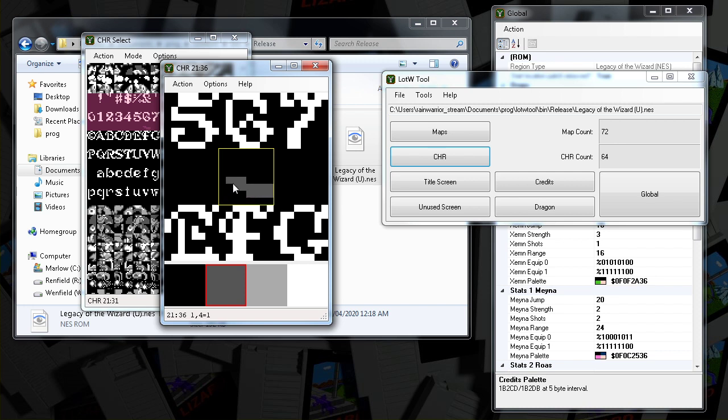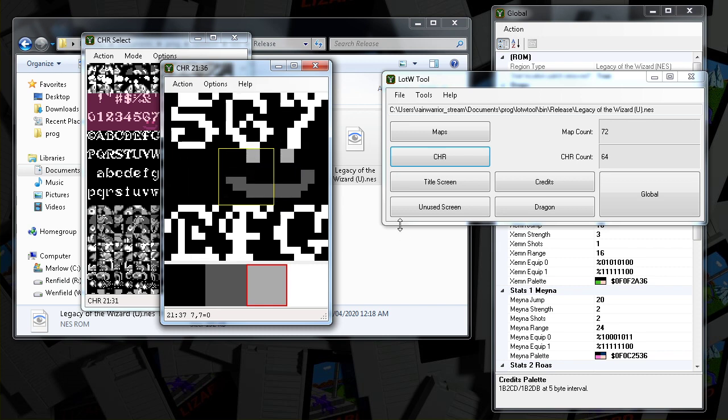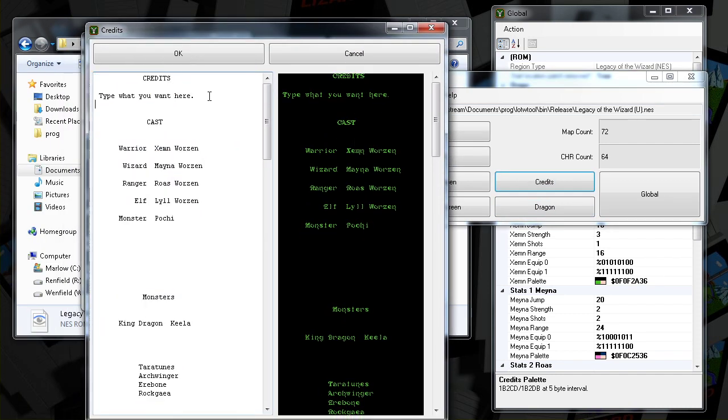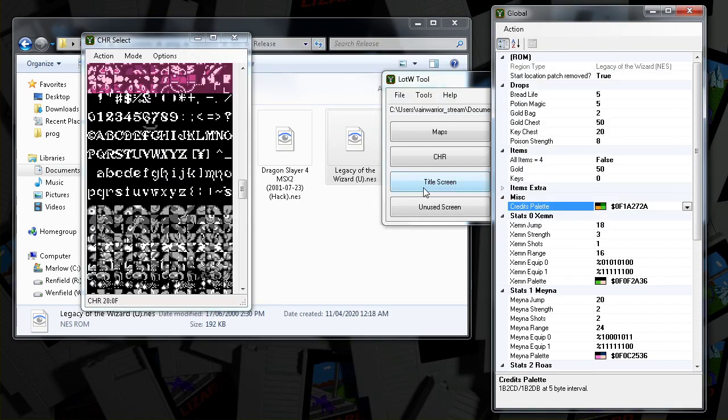But here, we'll just put a little smiley face under 6 and 7 here, and you'll see that these can show up in the credits in different colors. So you see I've made it green. If you put the letters 6 and 7, you can see a little bit of the two other colors that I picked over there. So we have that orange, and I guess I picked another green. Basically, the credits could show more than just text, but this is what you have available from your ASCII characters. So you can assign anything you want. Anything you're not using, you could draw stuff on it and use it.